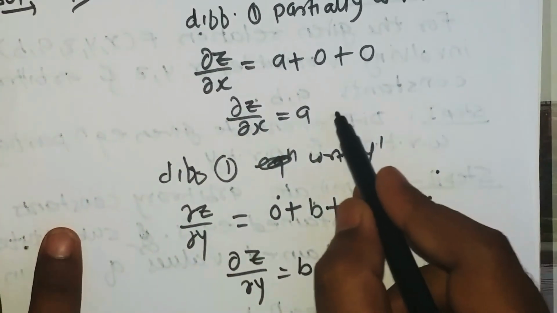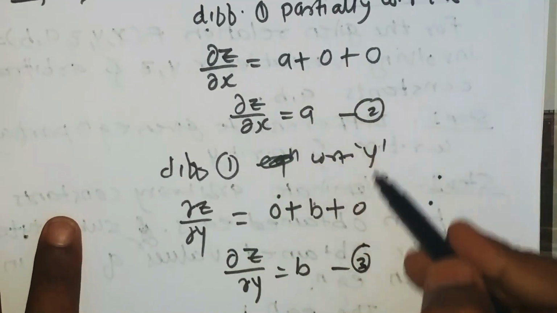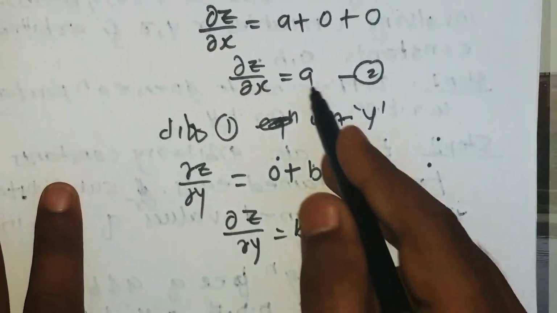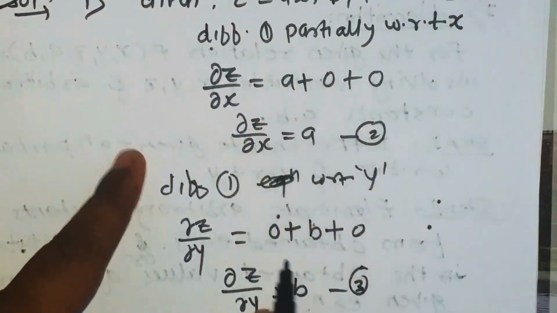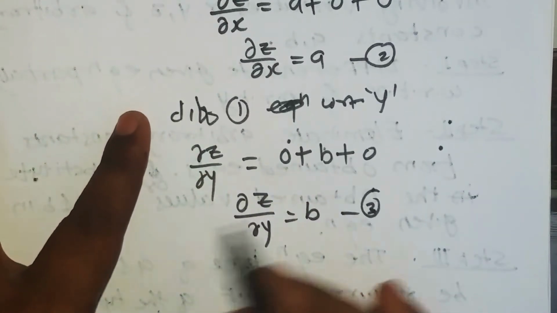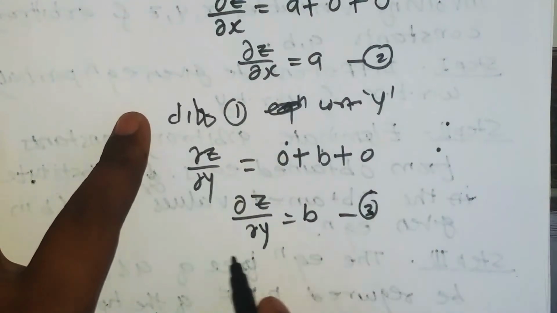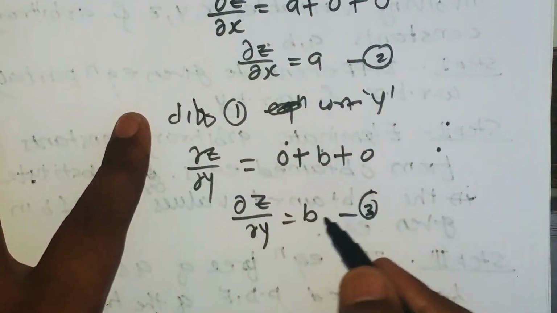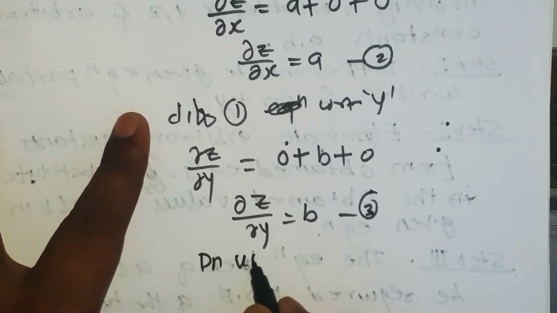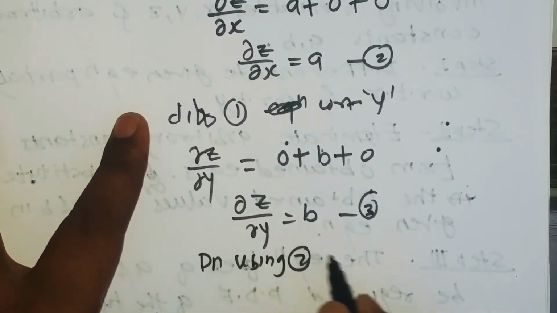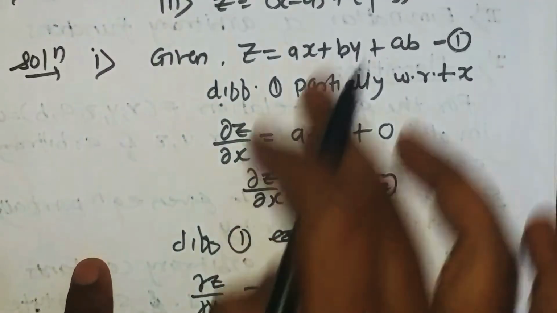Now you can give these equation number 2 and equation number 3. From 2 and 3 we have directly obtained the values of a and b in terms of derivatives. So that can be replaced in the given equation to get the required result. The elimination of arbitrary constants means we need to remove a and b from the given equation. So these values, obtained after differentiation, can be substituted in equation 1. Using 2 and 3 in 1, just replace the values of a and b here.